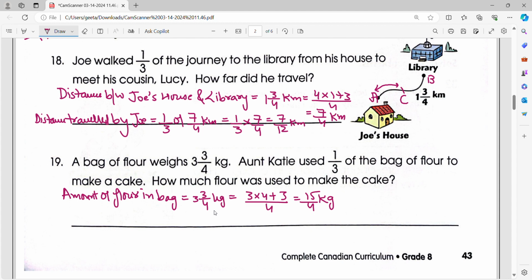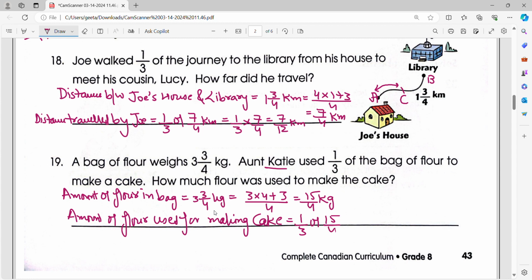Now whatever the name is, Katie, she has used 1/3 of it to make cake. So write down the amount of this used for making cake. How much amount is used? 1/3